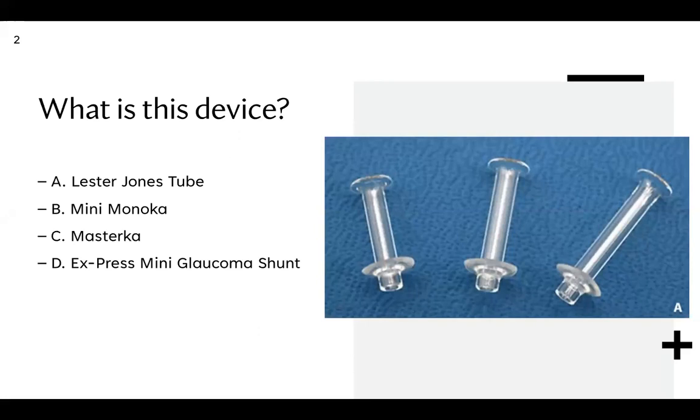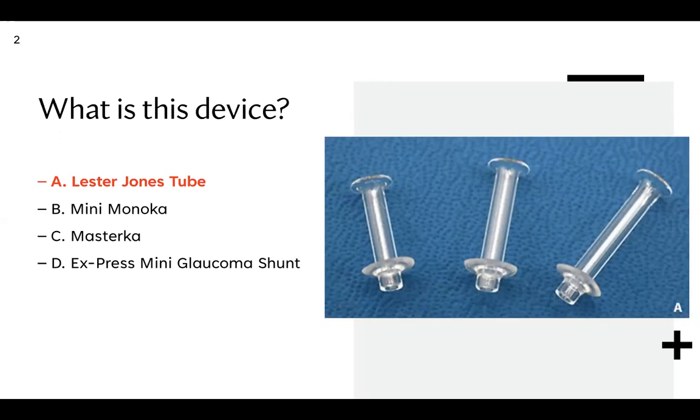And with that, our time is ticking down. 2, 1, go. The poll is locked, and the right answer is a Lester-Jones tube. Well, the actual name would be Lester-Jones tube with stop loss, which is basically a tube that is put in place that connects the conjunctival cul-de-sac into the nasal cavity, done as an alternative to DCR when a DCR is not feasible, such as a canalicular block or something. We can see 56% of our respondents got it right.